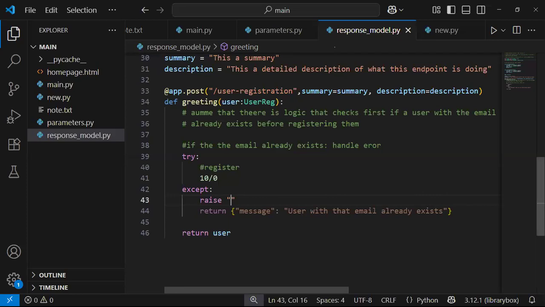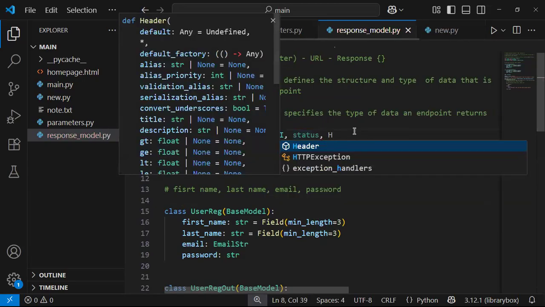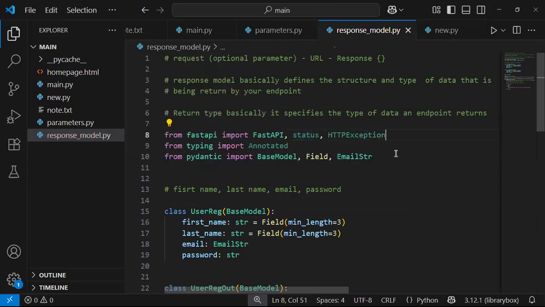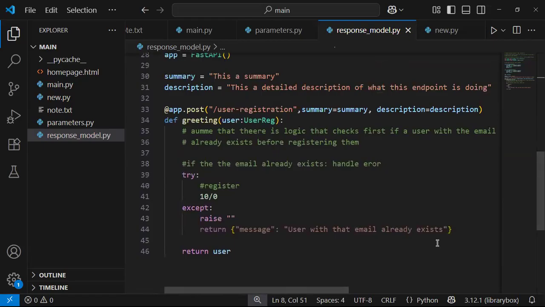We can resolve this problem by bringing in what we call an HTTPException from FastAPI. FastAPI has a function, or a class, called HTTPException that we use to raise a standard web problem, right? So we bring this in, then use the raise keyword and tell FastAPI, please let the client know that there is a standard web problem with this particular